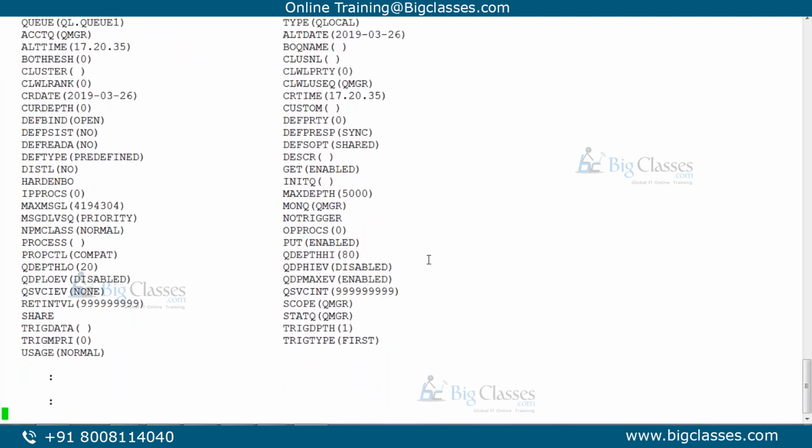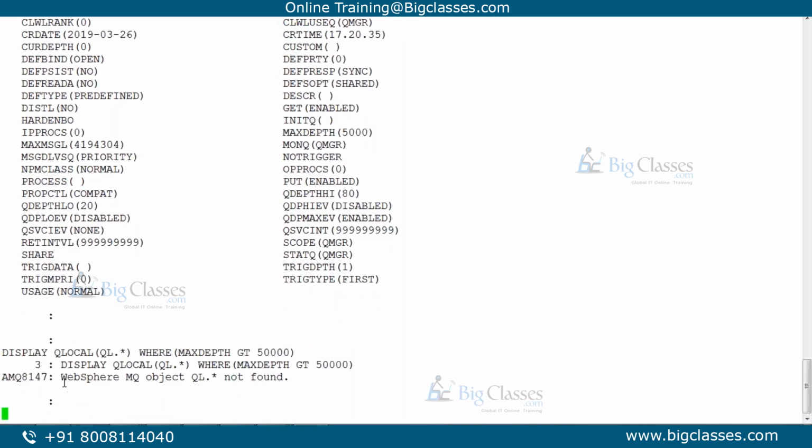Suppose you want to display all the application queues which have max depth greater than 50,000. Then you can use GT, greater than 50,000, and you will find the list of queues.